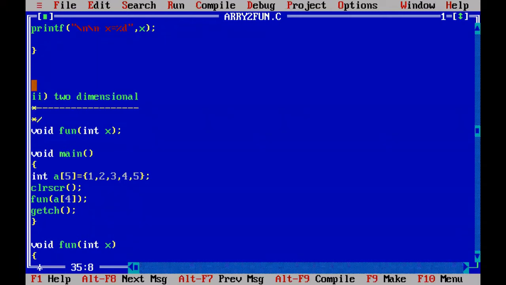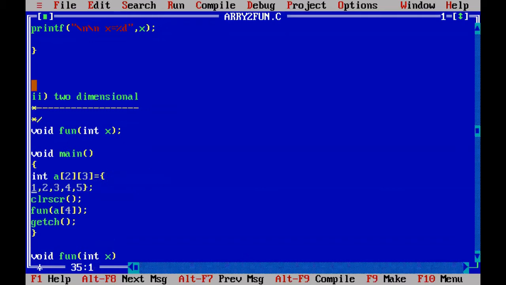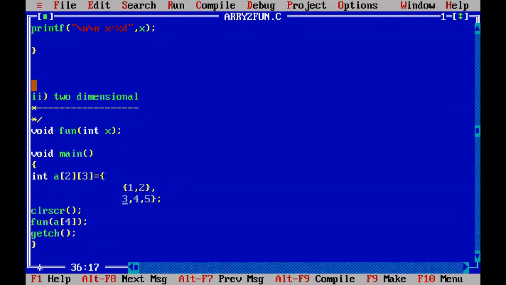Everything is same, but this will become a of 2 rows and 3 columns, where the first row will contain 1 comma 2, where the second row will contain 3 comma 4, and the last row contains 5 comma 6 you can take.